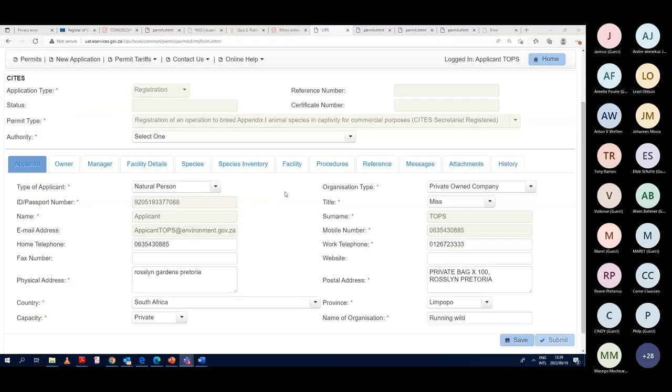All right. So on the first step, I showed you how to register yourself. On the second step, now you're applying for registration. The very important thing at this stage is that you must apply and select your authority. So if your breeding facility that you're trying to register for commercial purposes, or re-register, or migrate, you must click on the authority that will be issuing your permit. So you must click here